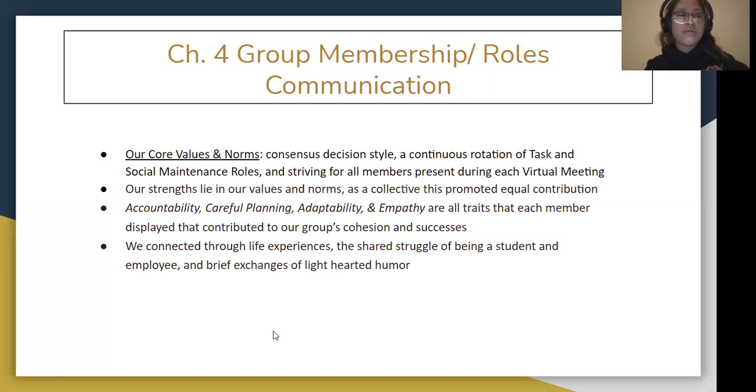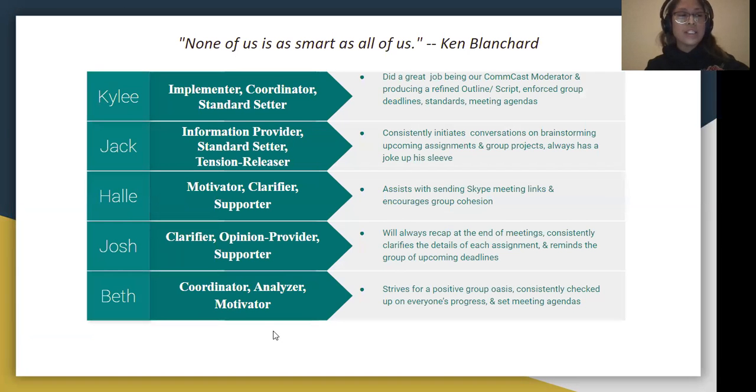Next slide. As discussed in chapter 4, establishing norms and group roles in turn are used to influence members to play their respective parts. It is important to know your role so that you know what responsibilities come with that role. And all roles are important in order to have a group be not only cohesive, but productive, to be successful.